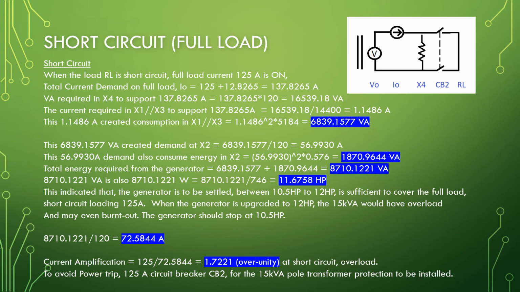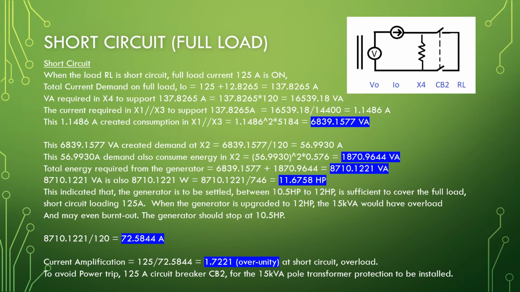VA required in X4 to support 137.8265 ampere equals 137.8265 times 120 equal to 16,539.18 VA. The current required in X1 parallel X3 to support